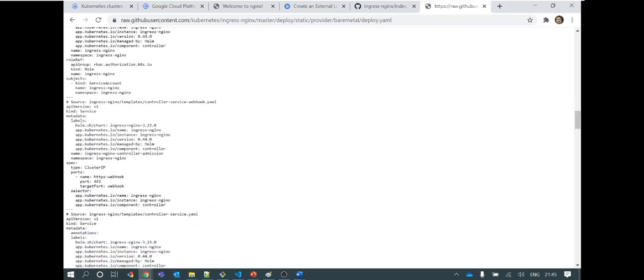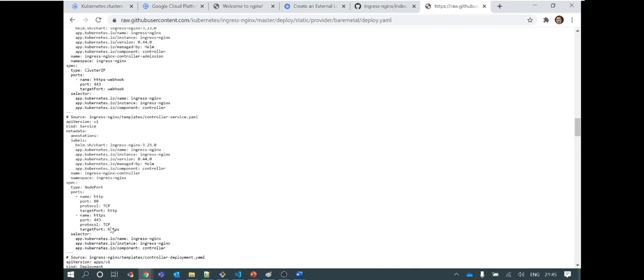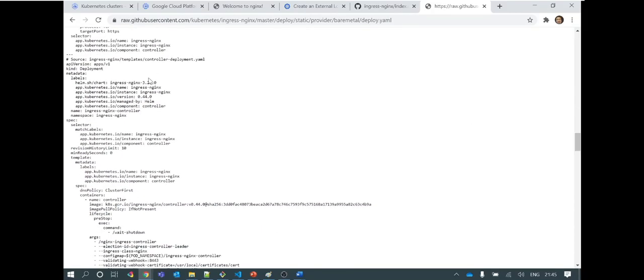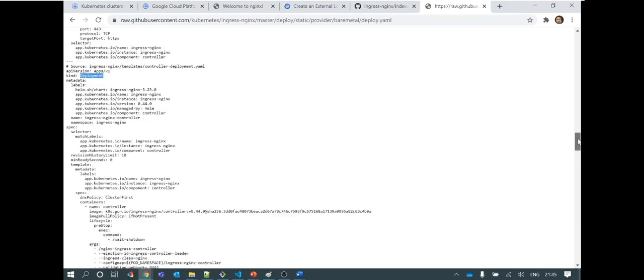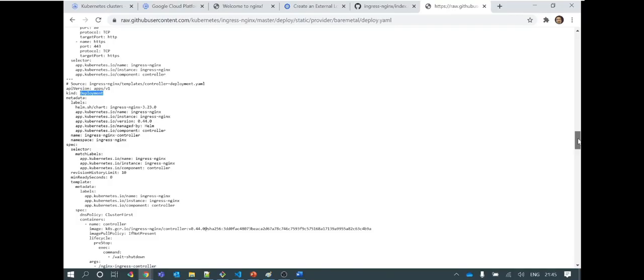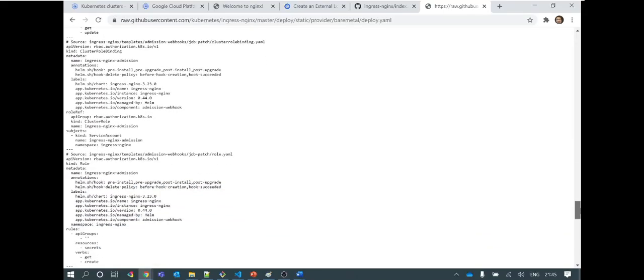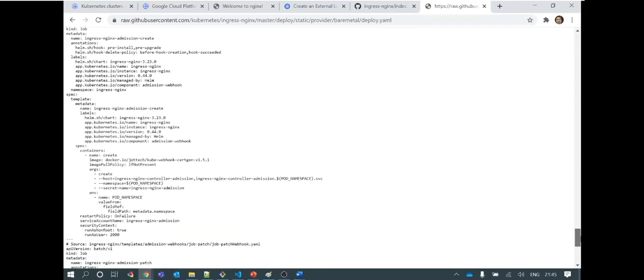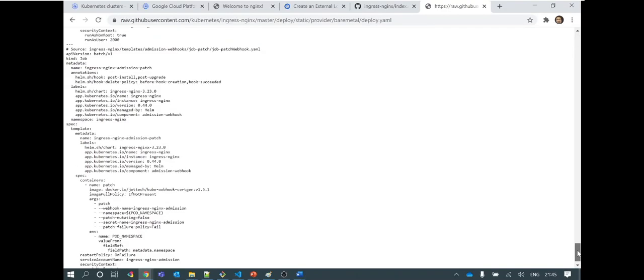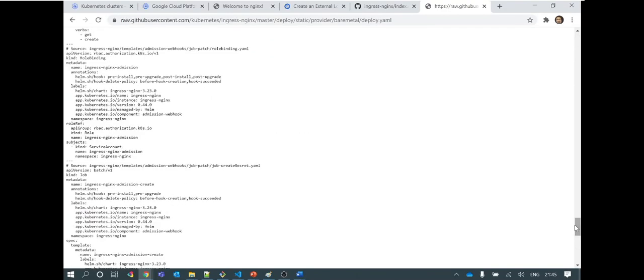That service I talked about, right? And then a service is getting created again here that will route the traffic for ports 80 and 443, for HTTP and HTTPS. Different services are getting created. Then a deployment is getting created for the pods that will manage the ingress rules or ingress deployments. There are a lot of things that are getting created. Okay, and this is where we will see our definitions when we deploy it.